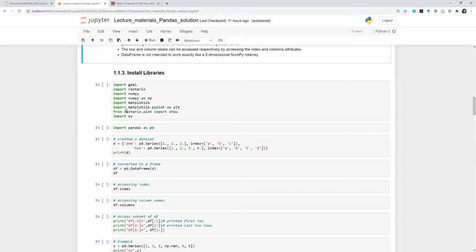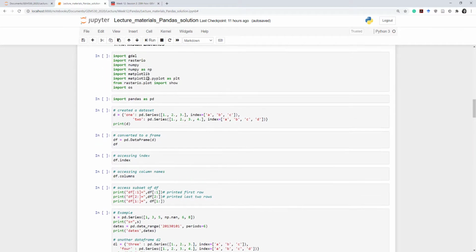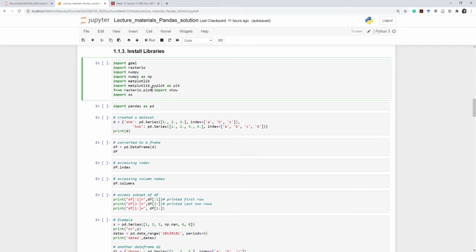There are a few more libraries that you need to install. I install all of them so that if I need to use them, I can directly use them. Otherwise, whenever you need it, you can just add them wherever you need them, because at first we don't need matplotlib. Later on you will see that I'm using matplotlib. We install all of them. Let's install all libraries, and then